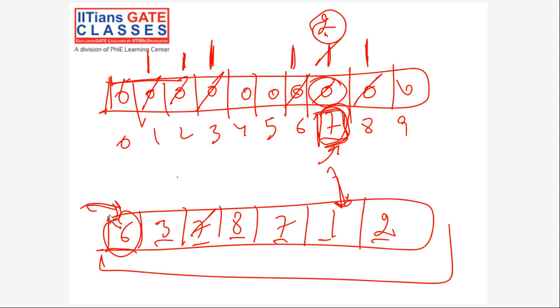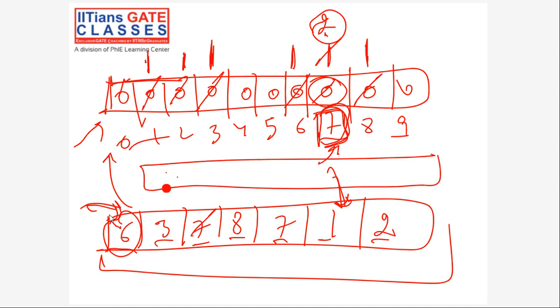Yeah. So now what I'll do, I'll just scan this array. Once I have created this array, I'll scan it and write the values. Ultimately you're doing sorting only, na? You write 1, 2, 3, no 4, no 5, 1, 6, 2 7s, 7 and 7, and then 8. This is the sorted answer.